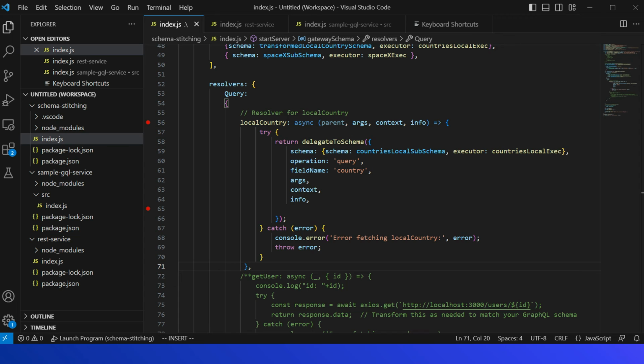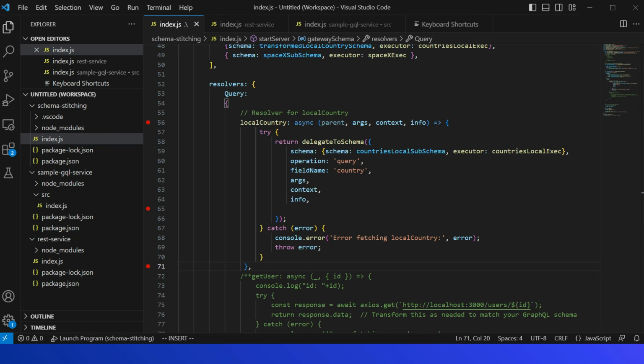The next one is linking data across services. Let's assume you have related data spread across different services. The custom resolvers can help to fetch and merge this data. The next one is data transformation and aggregation. You can use custom resolvers to transform the data from multiple APIs, and also if you want to aggregate the data across different services. Also, custom resolvers provide consistent error handling and logging.